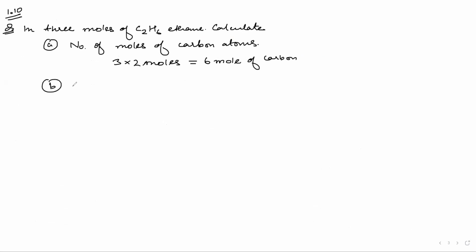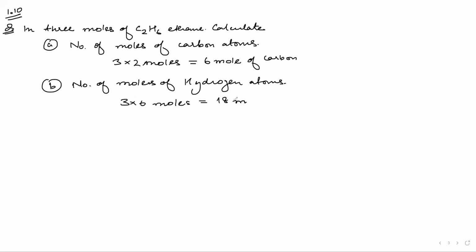Now B. Now please write these things with me, okay? Number of moles of hydrogen atoms will be how much? 18. 18, right? 3 into 6 moles, which is equal to 18 moles of hydrogen. Now C part is, I guess, number of